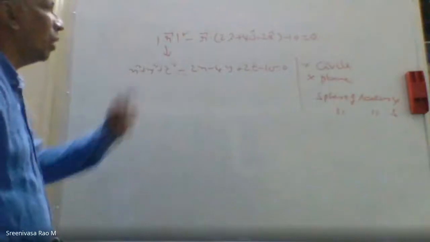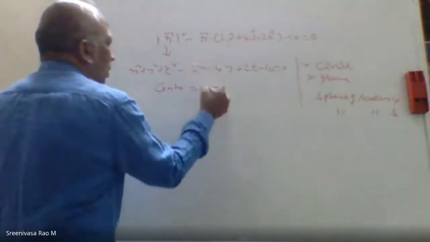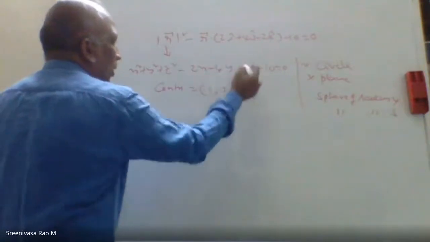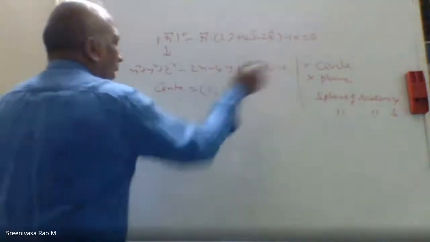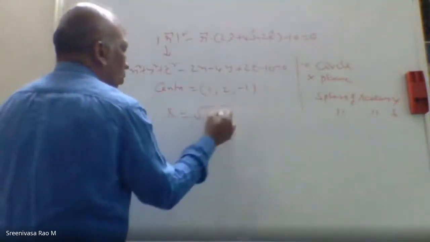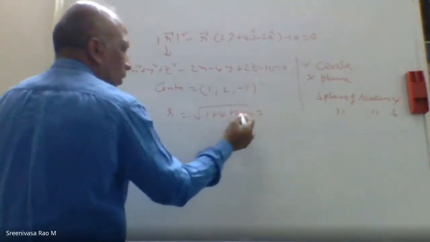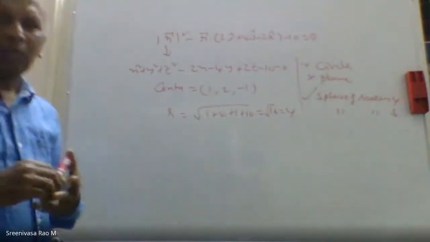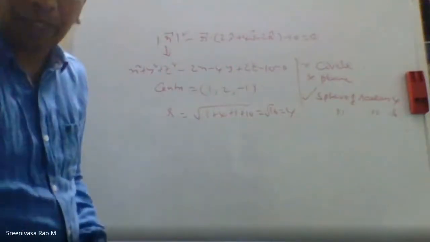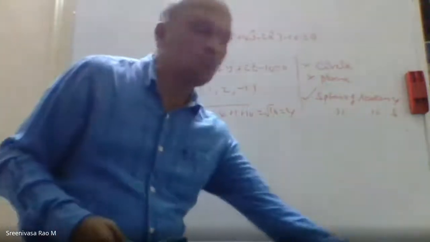So you can check what is the center of this one. Center is equal to half of this, minus u, minus v, minus w, we will get, this is minus 1, it will be like this. d is equal to minus 10. So radius is equal to root of 1 plus 4 plus 1 plus 10, so it will come here root 16. So this option is a sphere of radius 4. You can find it. Right, sphere of radius 4. So that will be your answer, right?